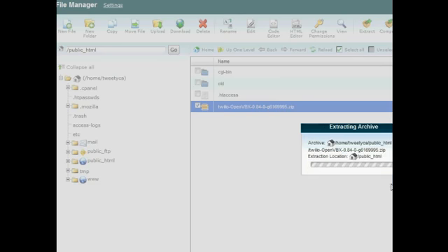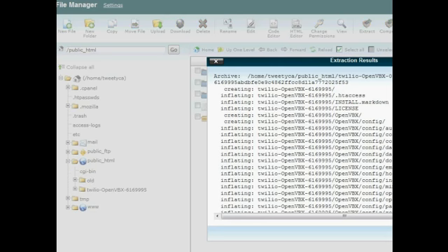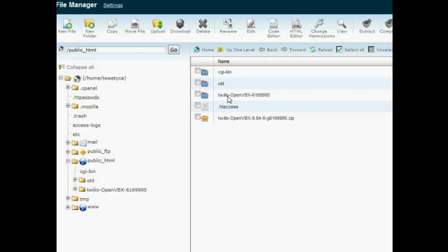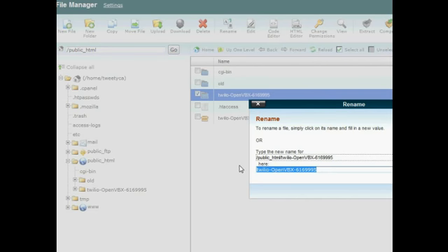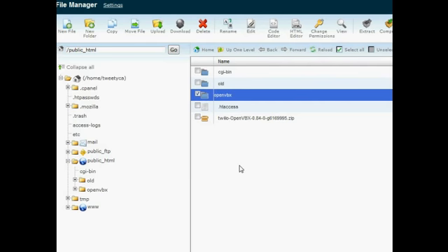Now we see a new folder here, and I'm just going to go ahead and rename this, because this will serve as part of our web address or URL to get to our OpenVBX installation. So we want to keep it easy and short. So if I rename this, I'm just going to call it OpenVBX. Okay, once that's done, we can actually browse to our domain name slash OpenVBX, and when we bring that up,